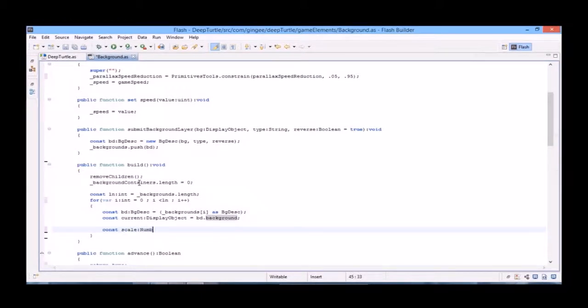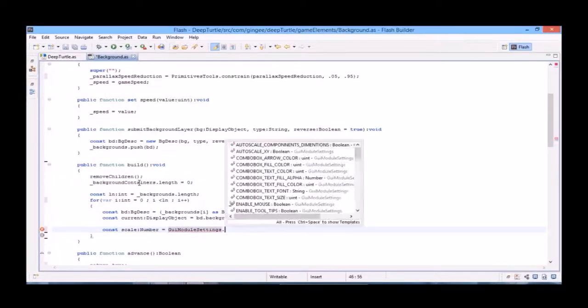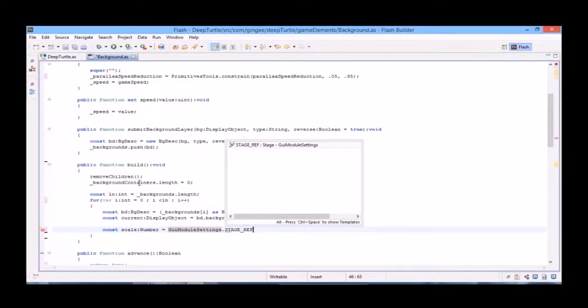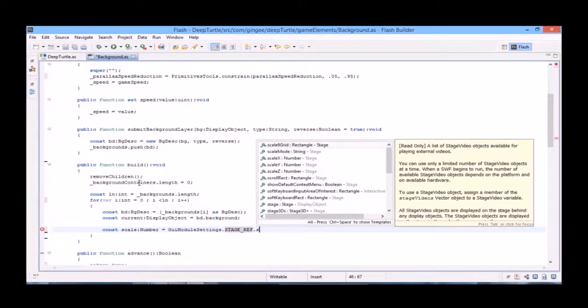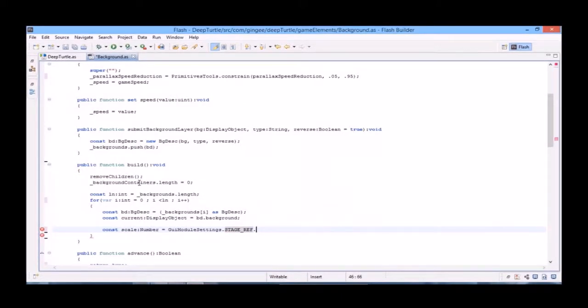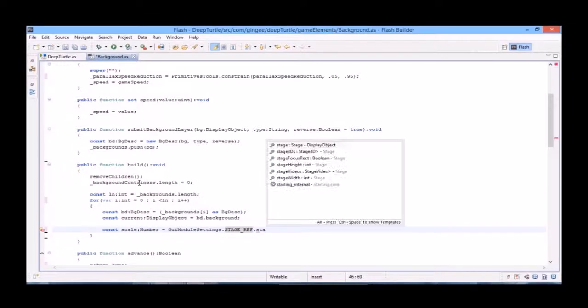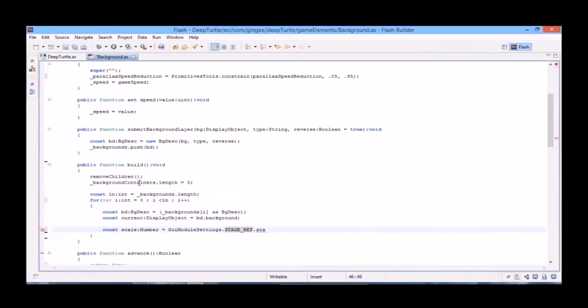And then const scale number equals stage ref dot stage width, which is our stage width, divided by our current width, which is to say divided by our unscaled background image's width,